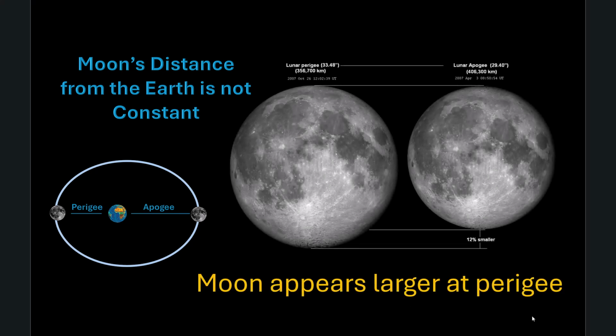So the impact of this is that when you're standing on the surface of the Earth looking at the moon, it appears larger at perigee, about 12% larger. So in this case, when an eclipse occurs when the moon is at perigee, you get a total eclipse. So that's another factor of why this is as infrequent as it is that you don't just simply have everything align, you have to align it at a point where the moon is very close to the Earth